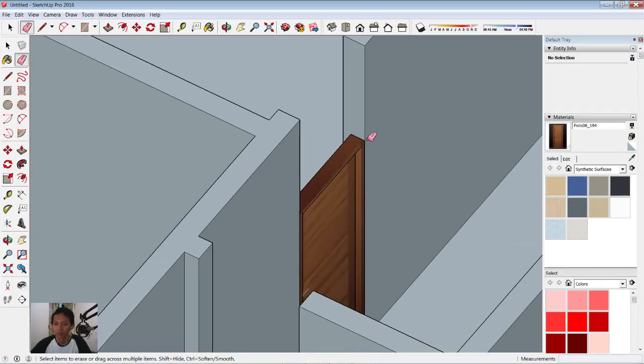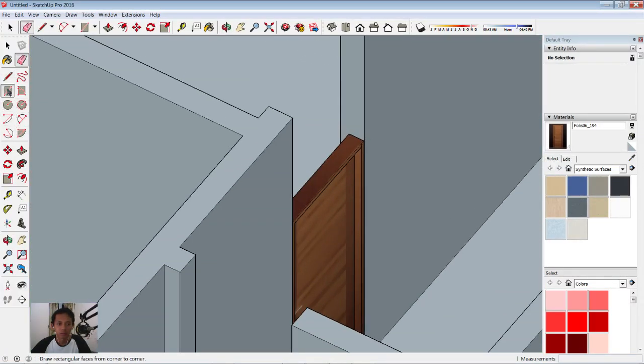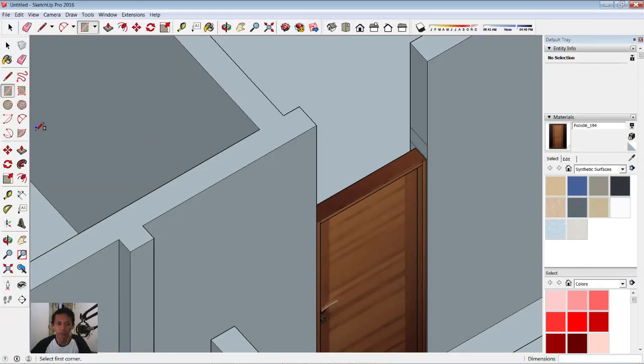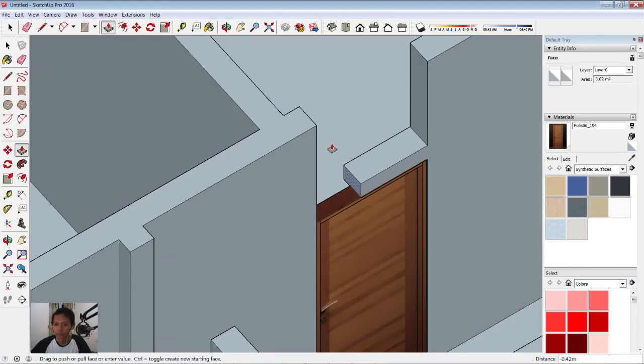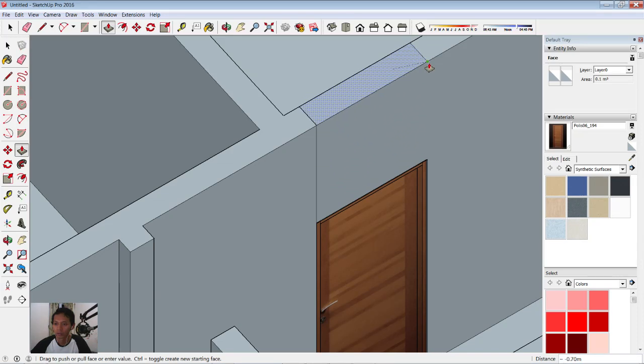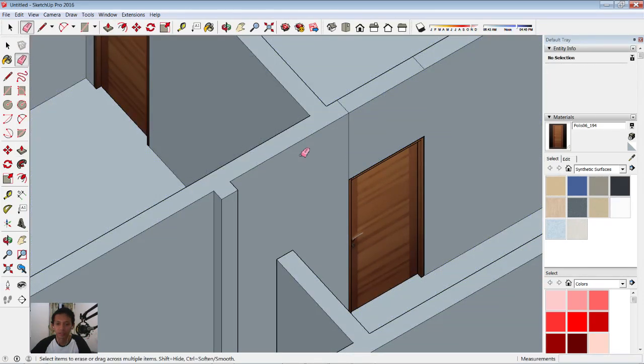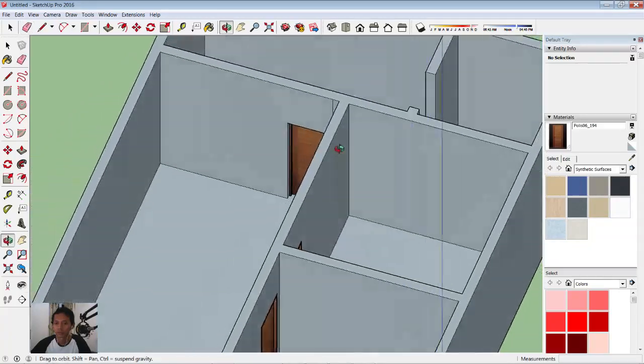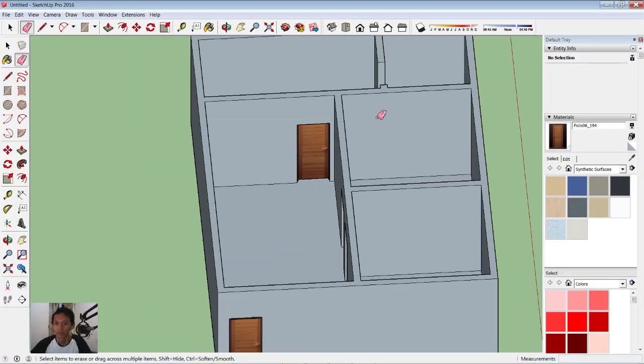Next, the last, I will create a rectangle in here, and then we extrude again to this point and start from this point to the top here. Okay, we erase again this object, line object. Okay,